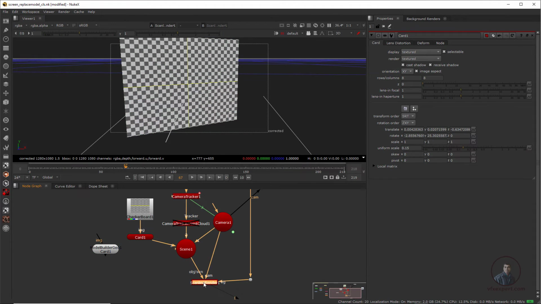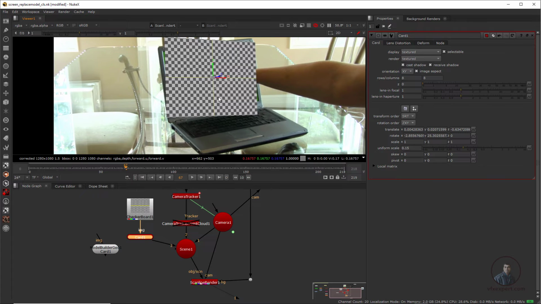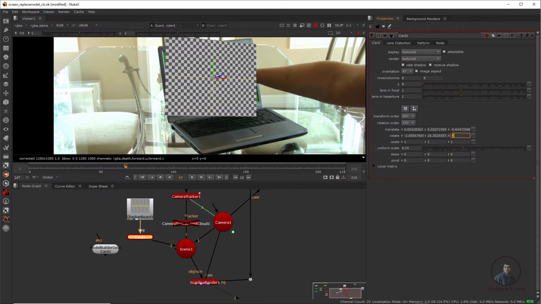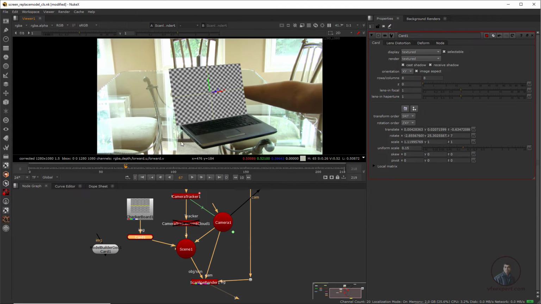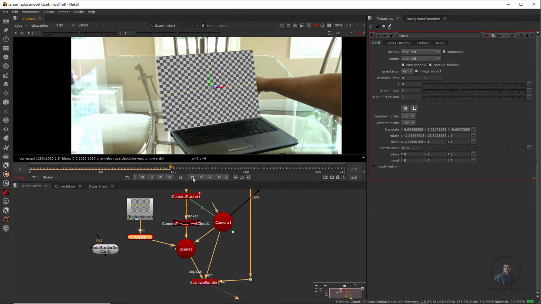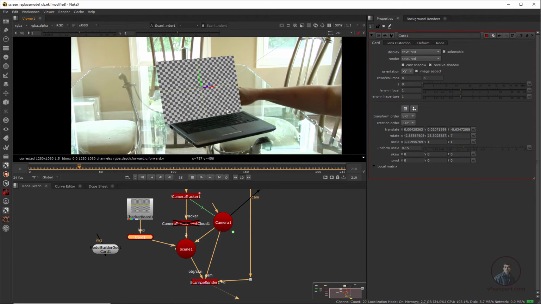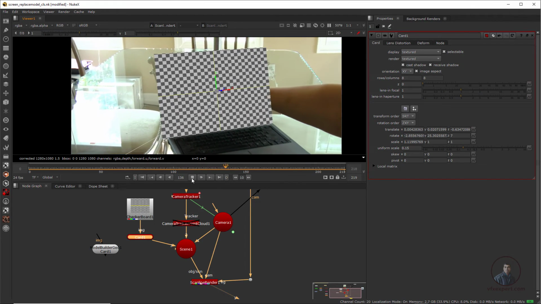Now again select this scalar render, press 1. Now again press tab here. So now we are inside our output view here. Now easily we can double click on this card and adjust the remaining values here. Now hold Control and Shift and scale this card here. So now guys, if you play and check here, you will see this card is matching according to our monitor perspective here.